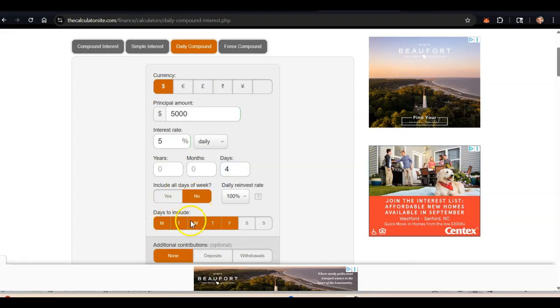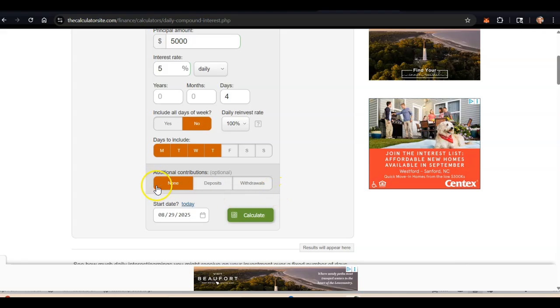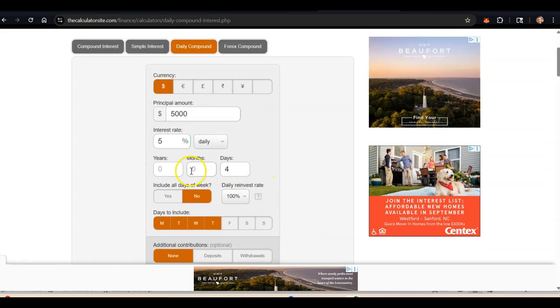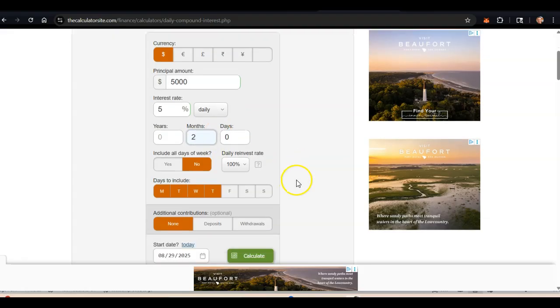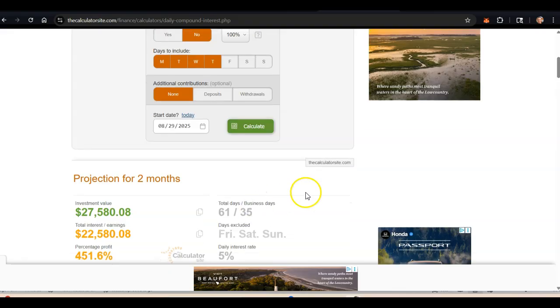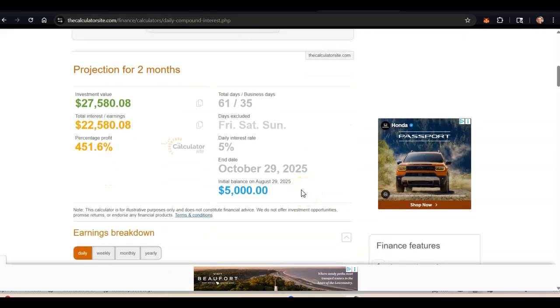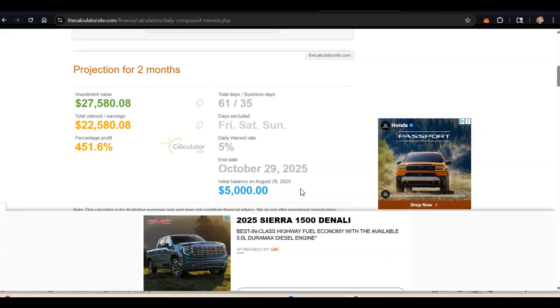So we're just going to do 1, 2, 3, 4. Doesn't matter what 4 days. He's reinvesting his money, right, and compounding when he can. He's not putting any additional money in, so we can do this easily. And today, let's just make today the starting date. And I'm going to show you, let's look at where he would be in 2 months. Okay, in 2 months at the 5%. So essentially, he would have taken his $5,000 and just in 2 months, on October 29th, and nothing is written